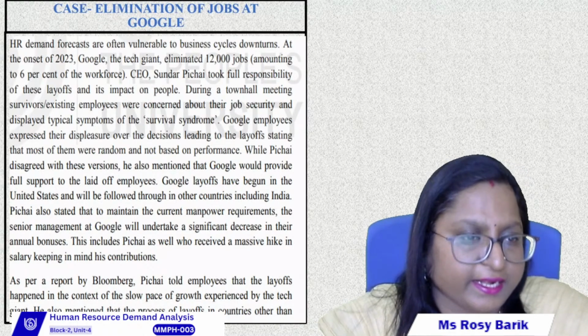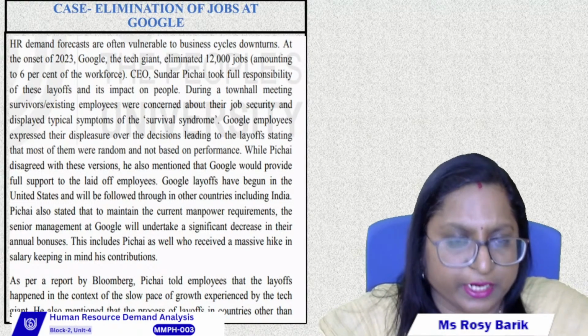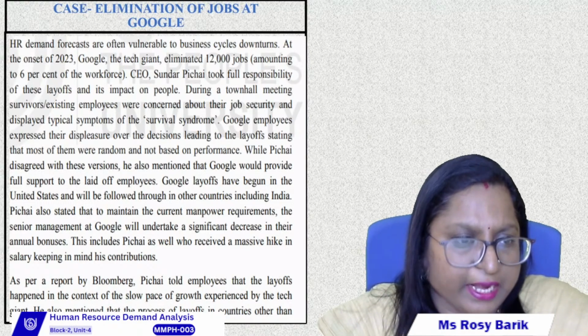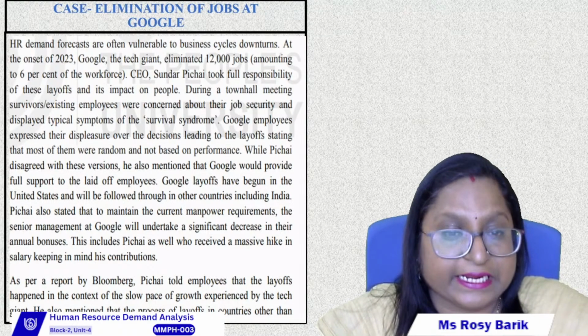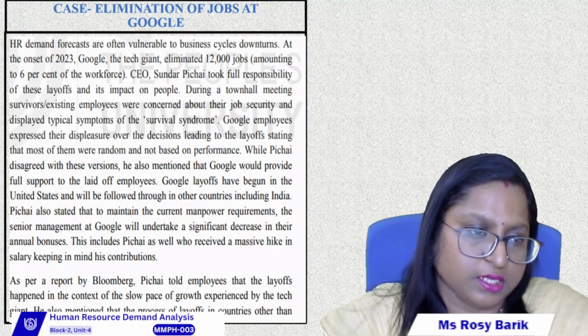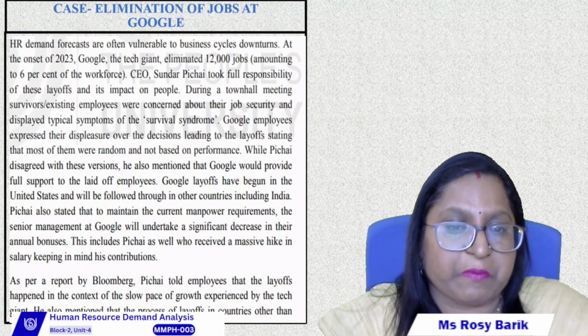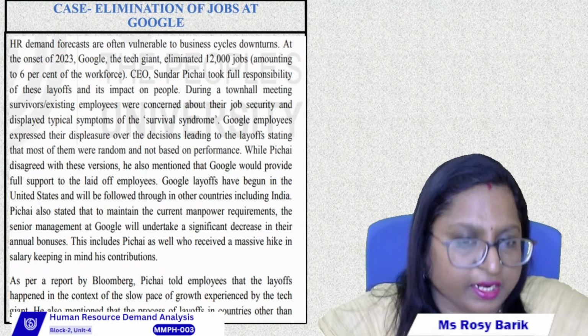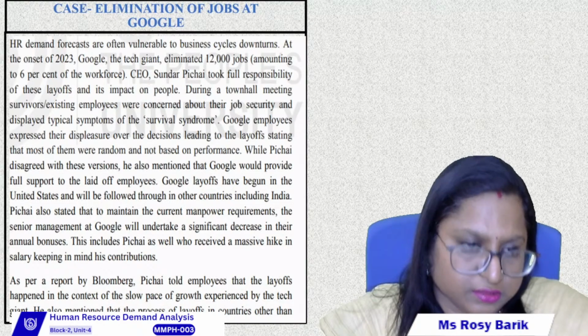Pichai also stated that to maintain the current manpower requirements, the senior management at Google will undertake a significant decrease in their annual bonus. This includes Pichai as well, who received a massive hike in salary, keeping in mind his